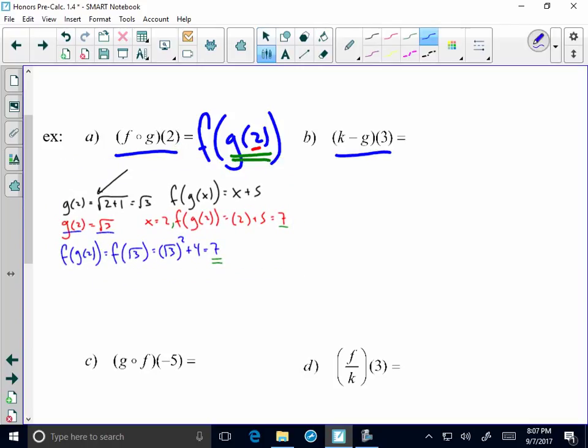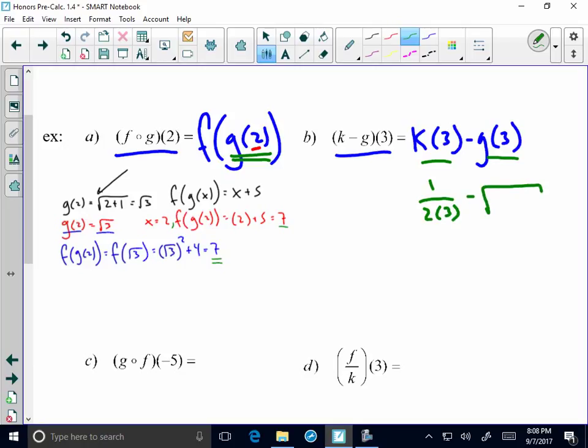So right here, basically what we're saying is that we're subtracting g of 3 away from k of 3. That's basically what this combination of functions for 3 is going to be. So right here, again, I think it's easiest just to evaluate these two and then subtract their two function values. So right here, k of 3 is going to be 1 over 2 times 3. And then we're subtracting away g of 3, which is the square root of 3 plus 1. So here we're going to have 1/6 minus, and then the square root of 4. And then this is going to give us